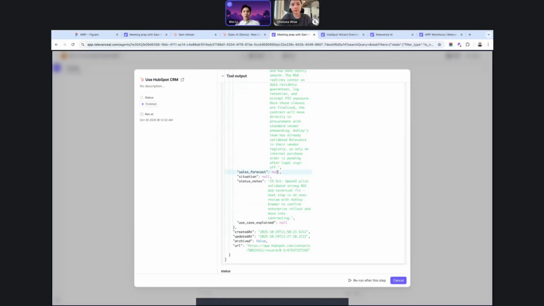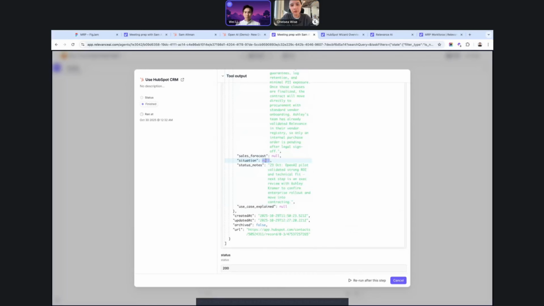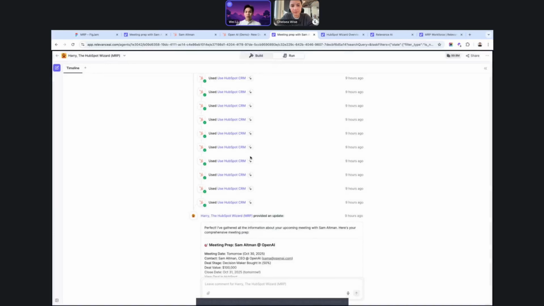For us humans, we actually don't have to read too much into this. You can see it's also pulling other things like situation, and there's really no information about that, and if it's null, it's null. We've got use cases as well, and if we didn't fill that out, then it returns null. But for the rest of the things, it's able to use that in its context to do the next step in its process.